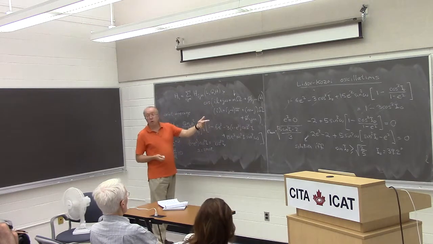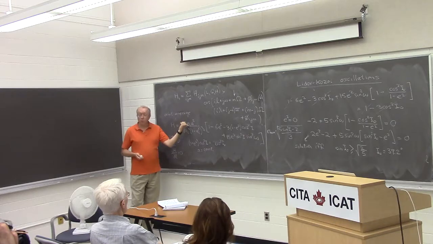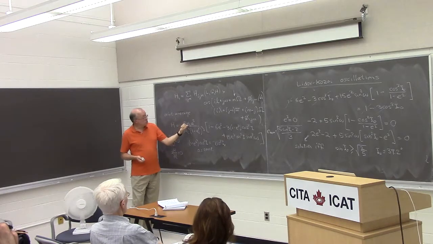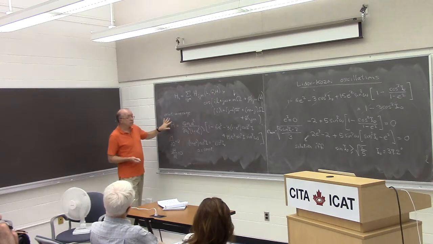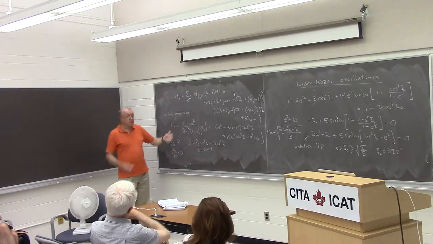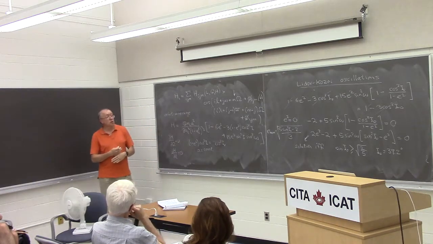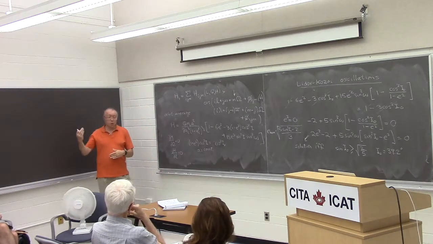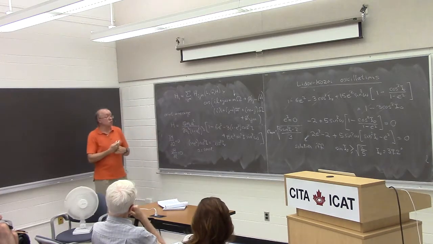You'll notice that this argument says nothing about the strength of the perturber. The strength of the perturber, the mass of the perturber, and the distance of the perturber only enter as a constant factor in the Hamiltonian. That means that all they affect is the time scale of the oscillation, not the amplitude of the oscillation. So it means that extremely small perturbations can create oscillations in the eccentricity of order unity.